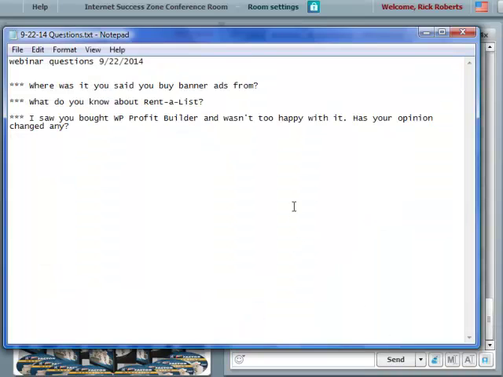The next question I got is, what do you know about Rental List? And I think I've gotten this question before. Rental List is another media buy outlet where you can buy banners and you can buy clicks to your website. They have various ways they sell clicks. One cheap way of getting clicks there is they run a free weekly lotto, I believe is what they call it,